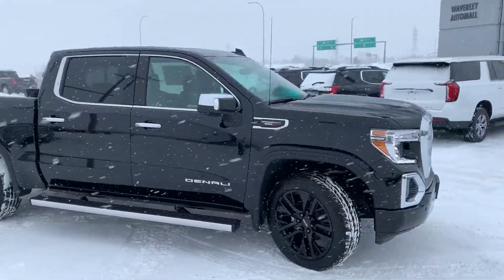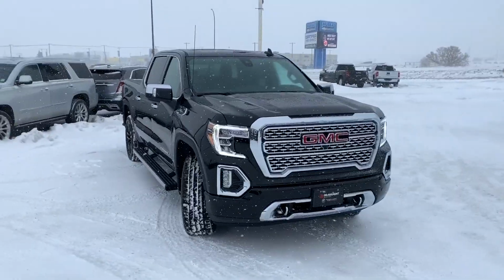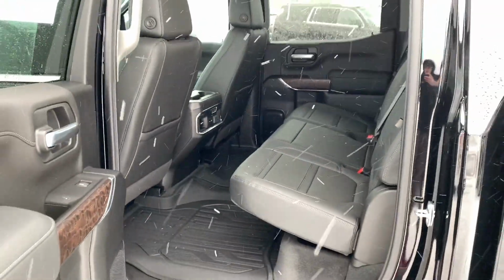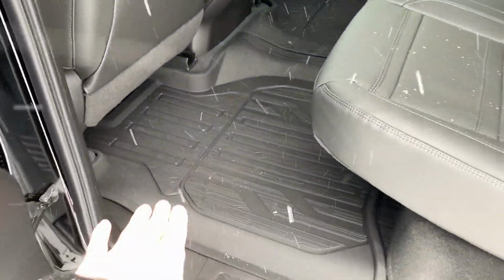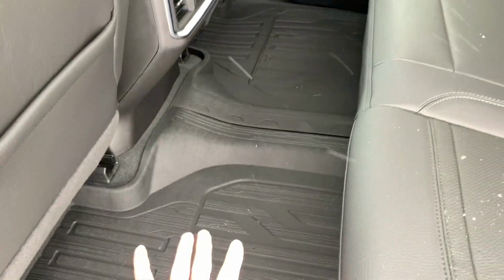So one last look walking around the front of the truck, and then we're going to hop on inside and take a look at all the space and features you've got on the interior. Right, so because this is a crew cab truck, you could already expect plenty of legroom as per usual. We've got the jet black interior, the GMC all-weather mats. These are phenomenal, guys. They cover every square inch of your carpet,